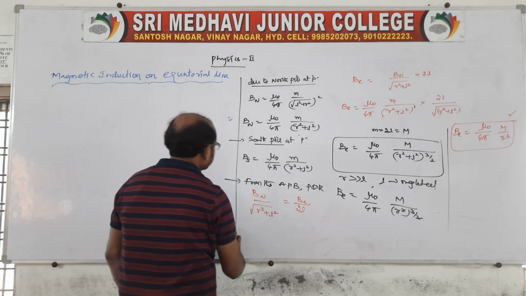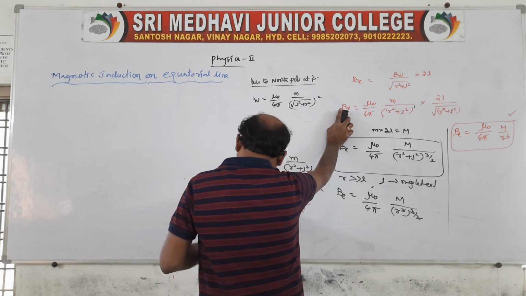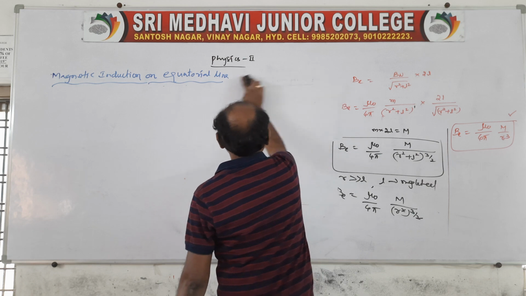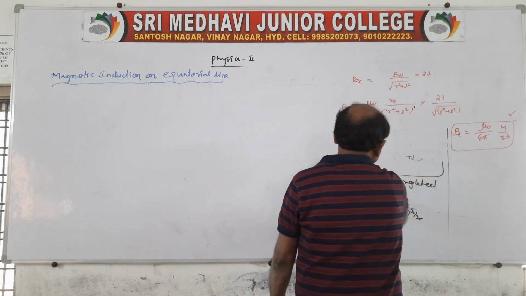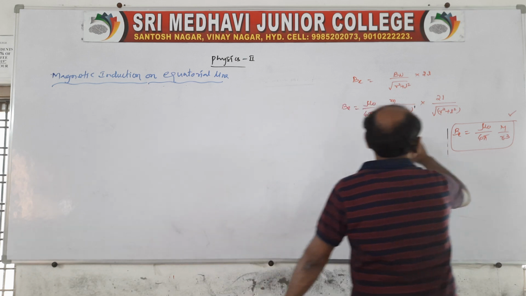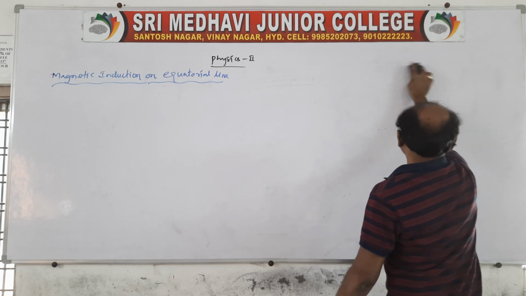Open your materials, everyone. Page number 251, question number 8.12. The exercise is given. Read the question. So what is given? You write the given, then use the formula and get the answer.